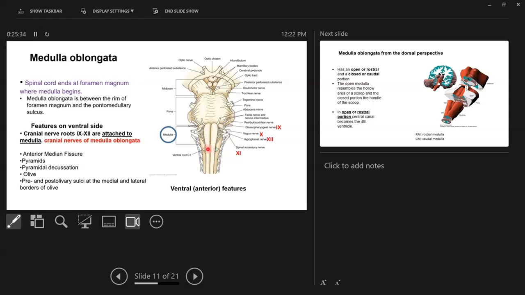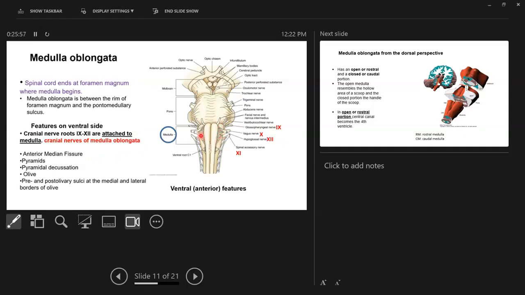The decussation near the border of the spinal cord and medulla, very caudal medulla, the decussation of the pyramidal corticospinal tracts. As I'm hovering over here, the olive of the medulla is a bulge,